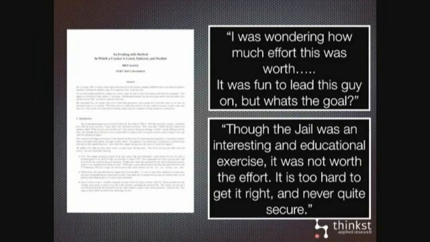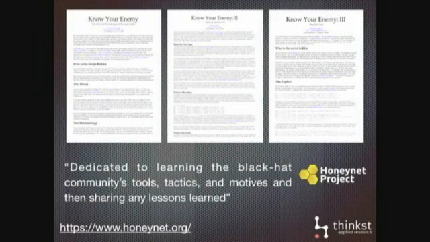But there's one observation he makes during this paper that has aged very well over the past decade. He just says, A, setting up this honeypot took a lot of work, and B, he wasn't really sure whether it was worth it, because he wasn't really sure whether they got much out of it. So over the next decade, the honeypot research continued in that line.